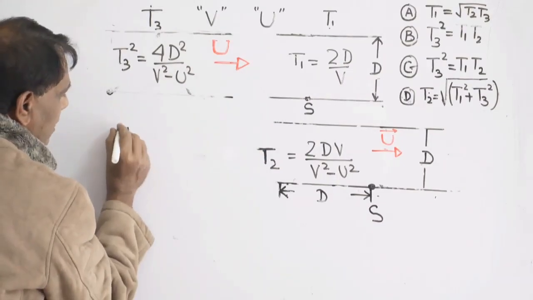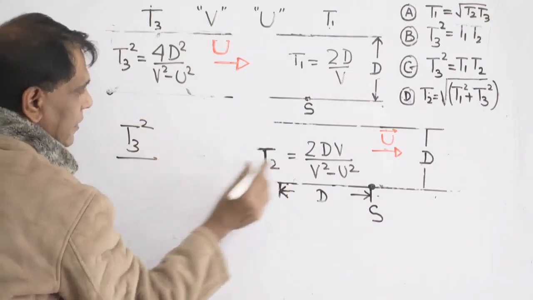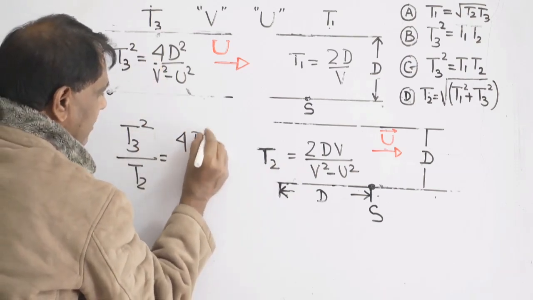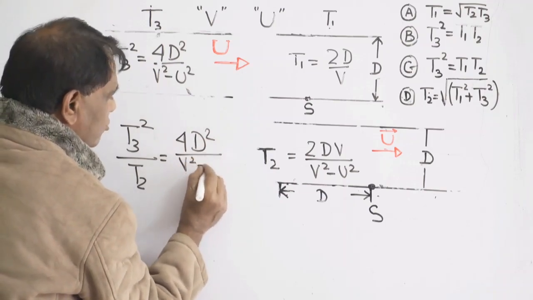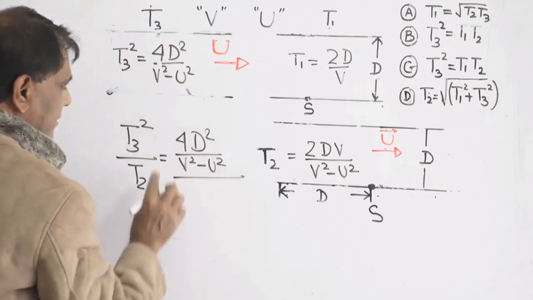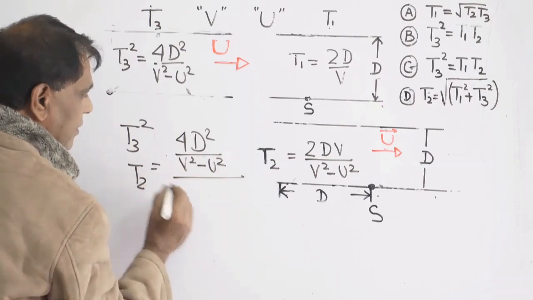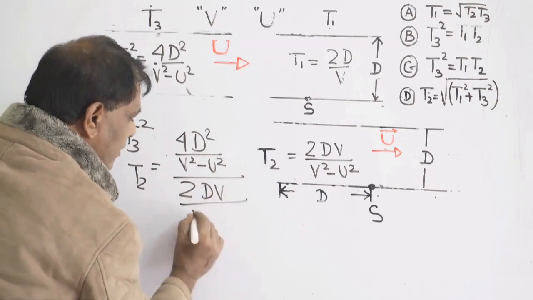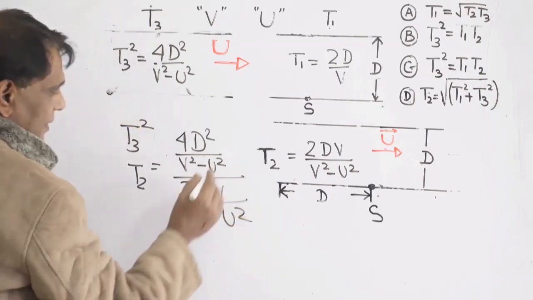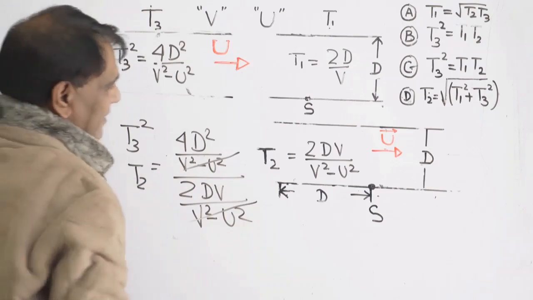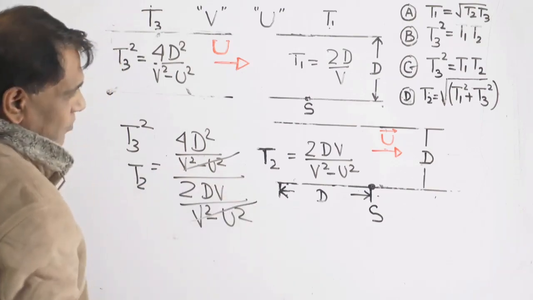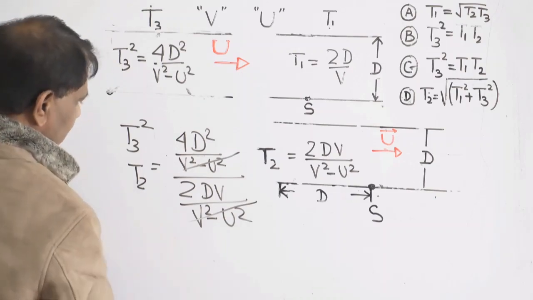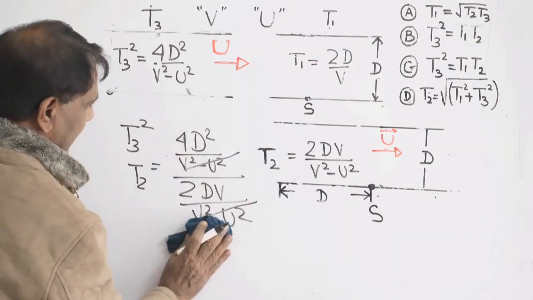आप एक काम करो, T3 square by T2 लिखोगे, what you are going to get: 4D square (V square minus U square) by V square, divided by T2, that is 2DV by (V square minus U square). This goes. Ultimately the net result is, इसको काटोगे, ultimately you are going to get what you are going to get